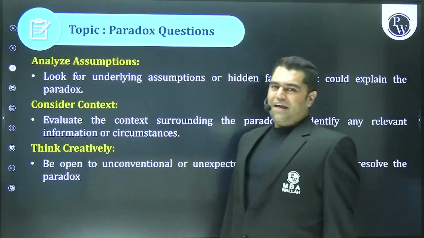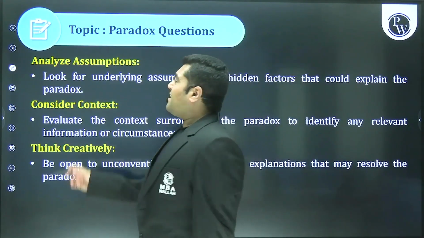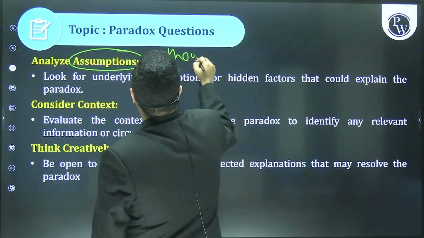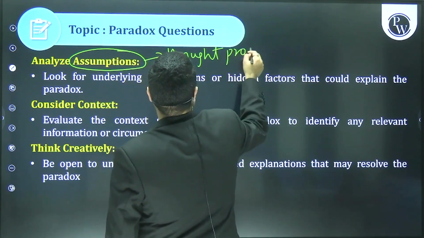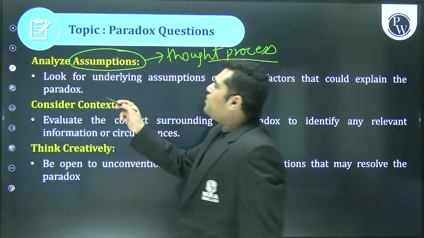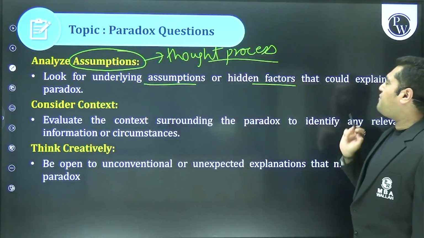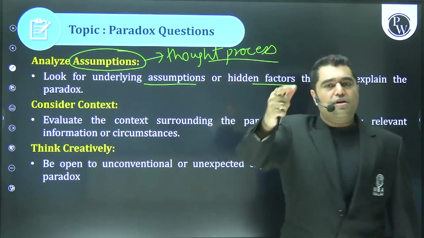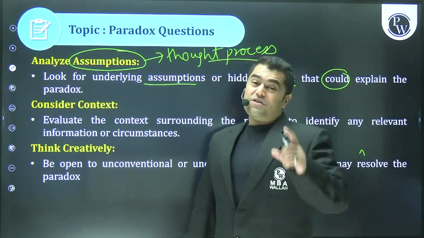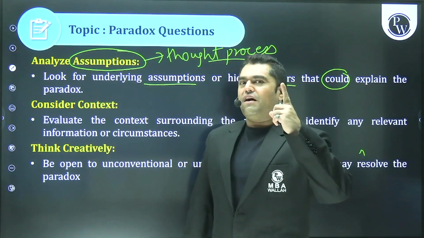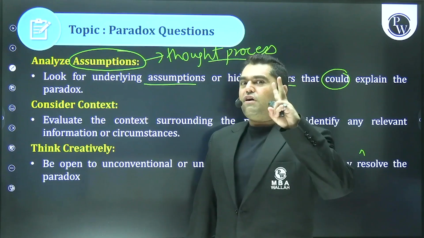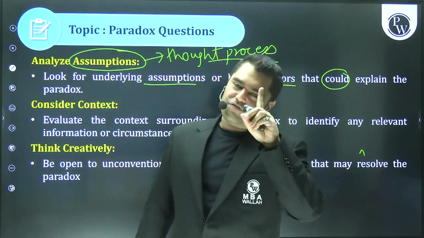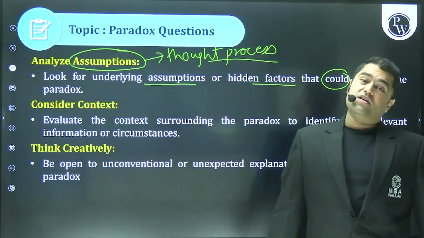100% in paradox, this is where assumptions are the best. So बेटा, assumption क्या था? Let Amit sir quickly revise. It's the thought process of the author. So look for assumptions, hidden factors that possibly could, that means an assumption could help resolve the paradox. So देखो, assumption strengthens the argument, assumption helps resolve the paradox. Obviously you get a question on assumptions, 3 things with one topic. That means assumptions are super awesome.